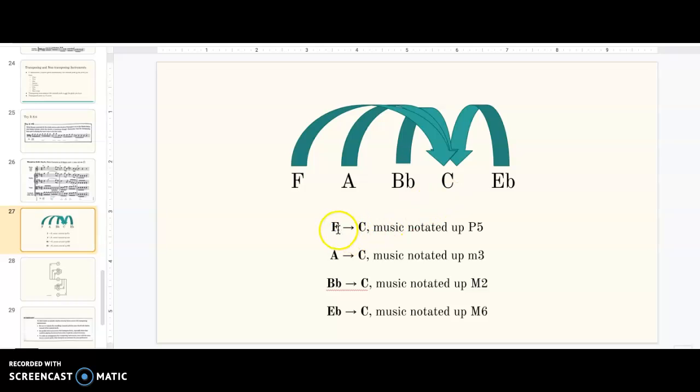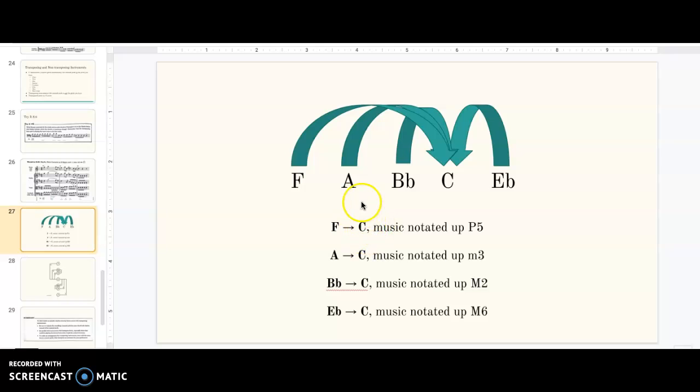So if we're in the key of F, we're trying to think about getting to the key of C. So if we're in the key of F, but we want, and we're playing an instrument that plays in the key of F, but we want to sound like we're in concert pitch, we have to actually notate our music up a fifth. So that means if I'm playing French horn, which is in the key of F, and